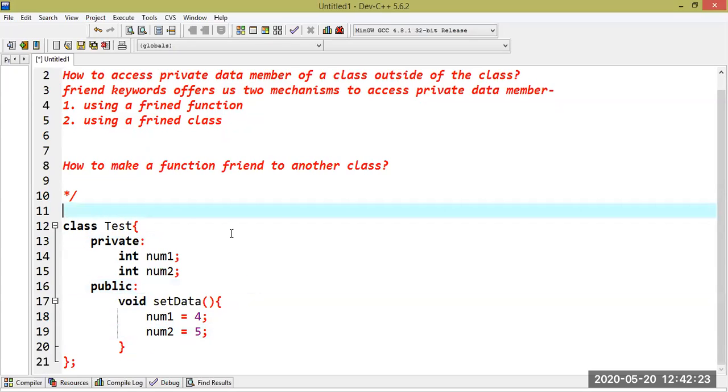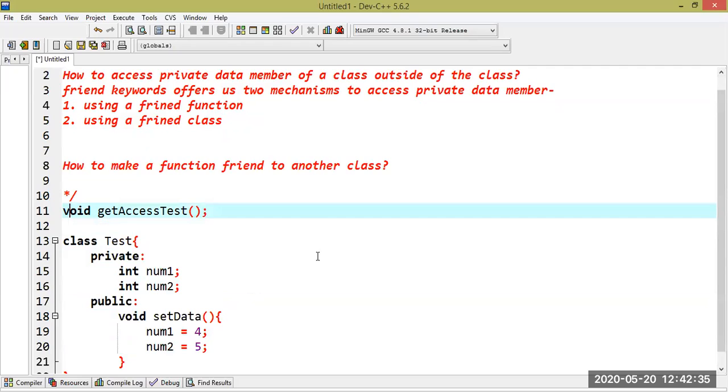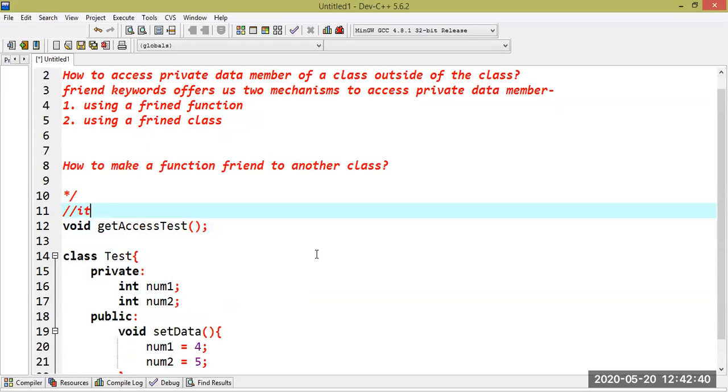Now suppose there is one function called void getAccessTest. We want this to be an external function, which is not declared or defined inside any class or inside class Test.